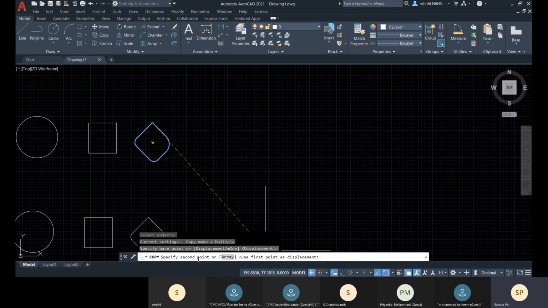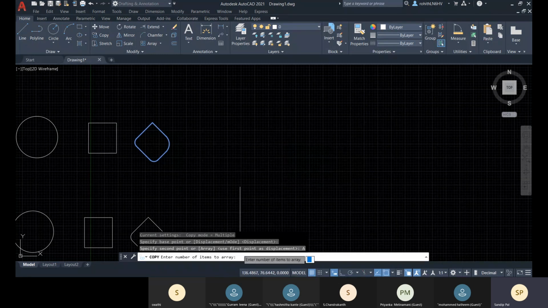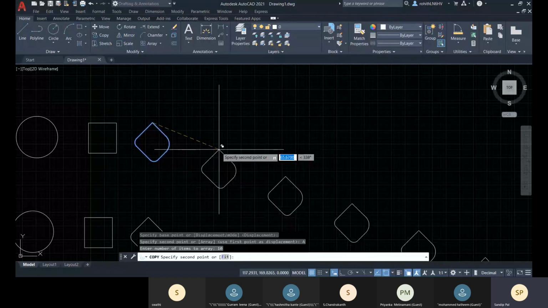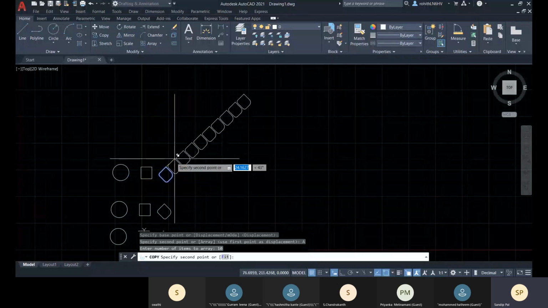Now I will not specify the second point, I will specify array. So what is array? You have a number of specified duplicate objects arranged in a specific direction with a specific gap. That is called your array. So here I am going to specify the number of items, that is 10, and what will be the second point. So accordingly all the 10 objects will be placed.